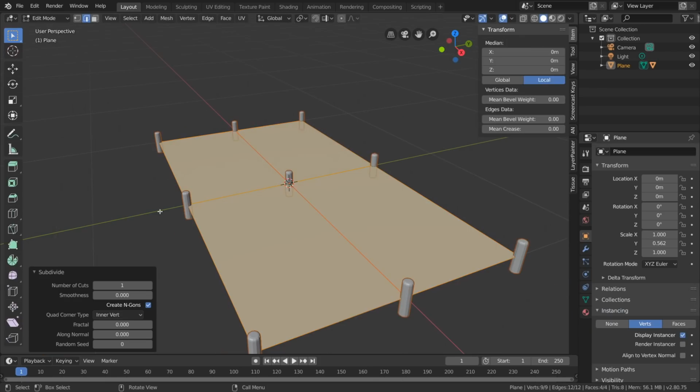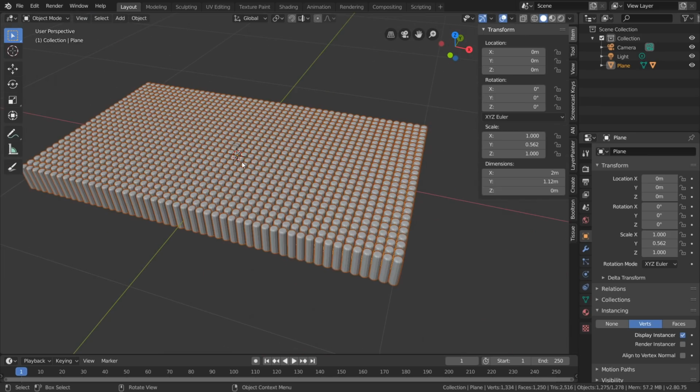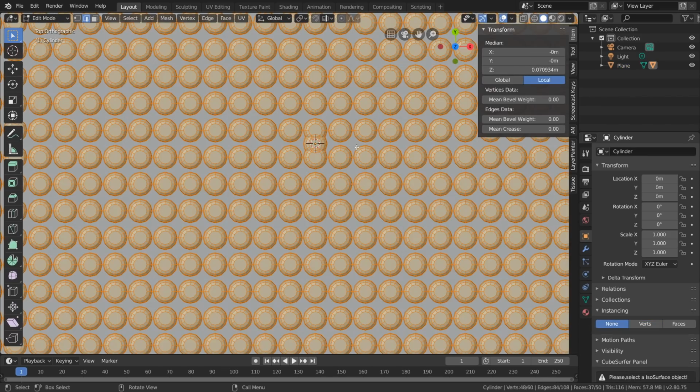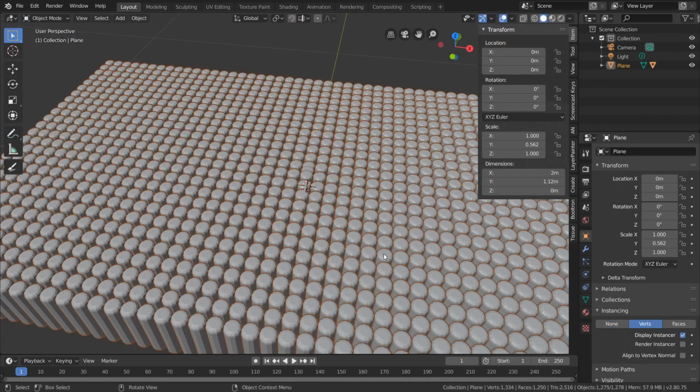To do this, you can either subdivide the plane to add in some extra geometry, or instead just add in some horizontal and vertical loop cuts. Finally, to make everything fit together, just go into edit mode for our cylinder and scale everything up until the pins are barely touching. And now that we have our network of parented objects, we want to drive our motion